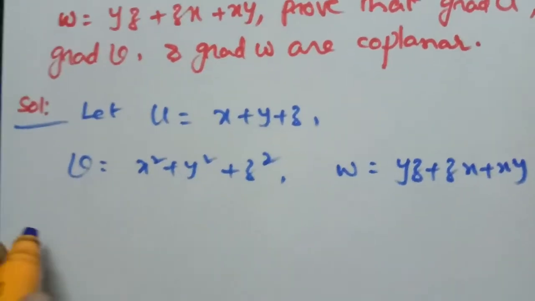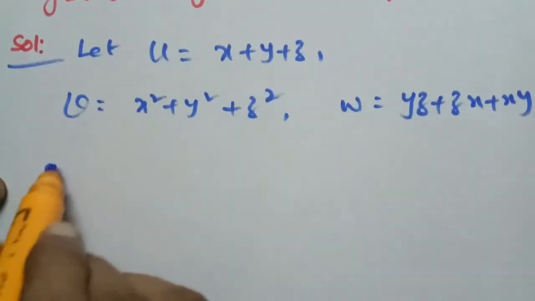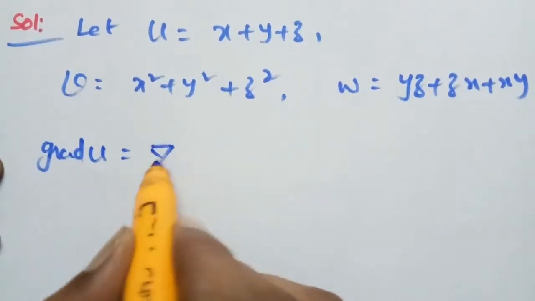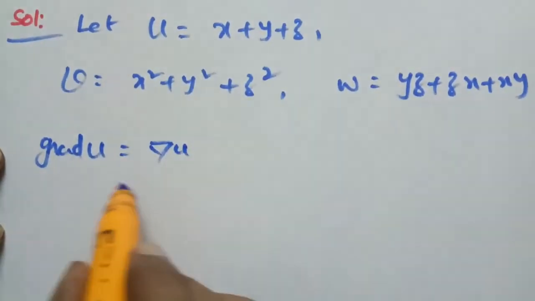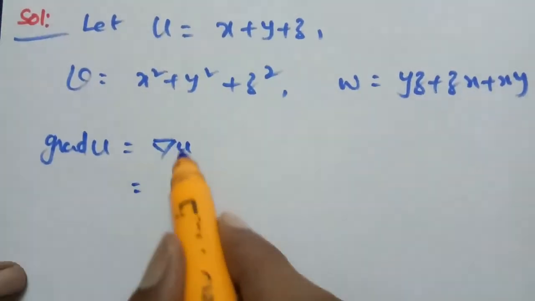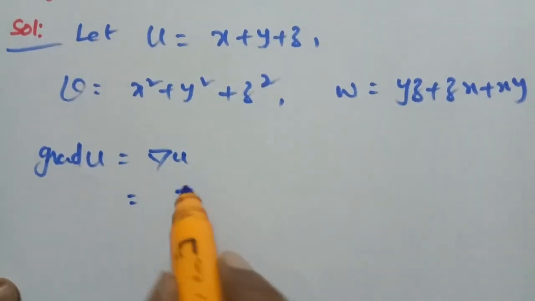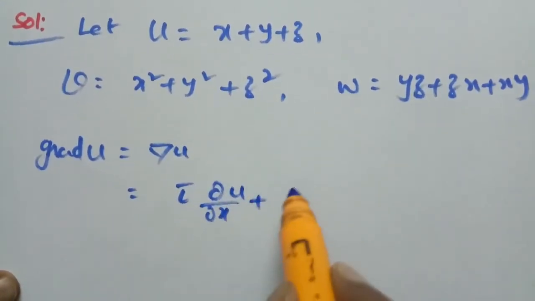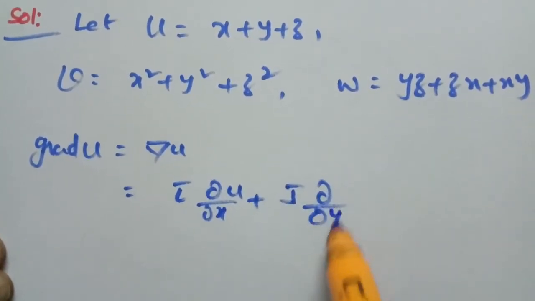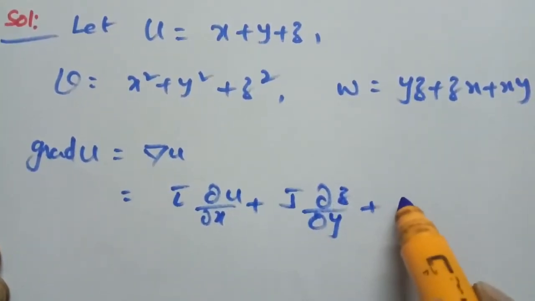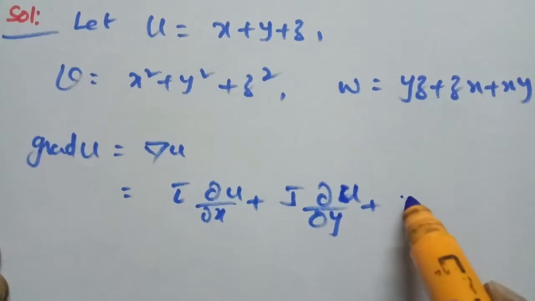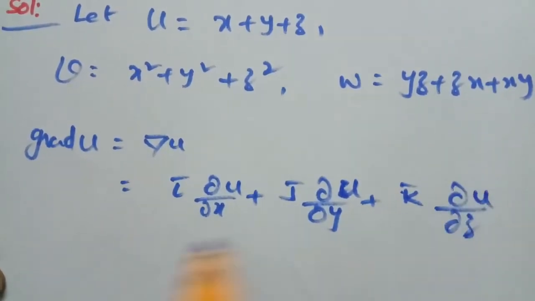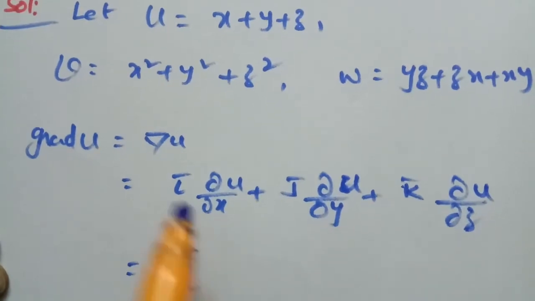Now first find grade u, that is del u, that is equal to i bar dou by dou x of u plus j bar dou by dou y of u plus k bar dou by dou z of u,